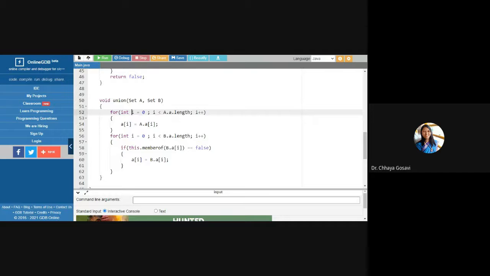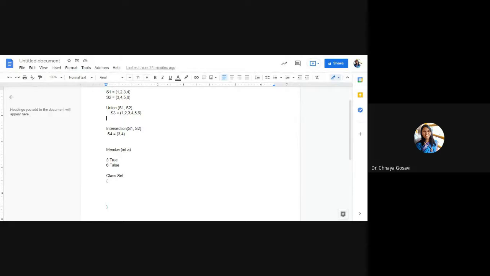Are you getting it? For example, let me explain with this Word document. Initially, we added 0, 1, 2, 3, 4, so our index of i is now 4. So we want to add elements here. But as in the next for loop, we said i is equal to 0, so it will be added at the 0th location only. So it will add 5, 6 and keep 3, 4 as it is. That's why we are getting that answer, and the last four values 0, 0, 0.